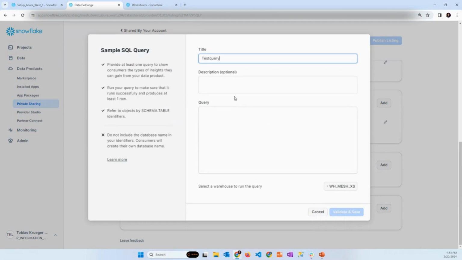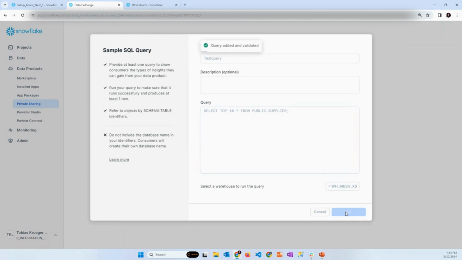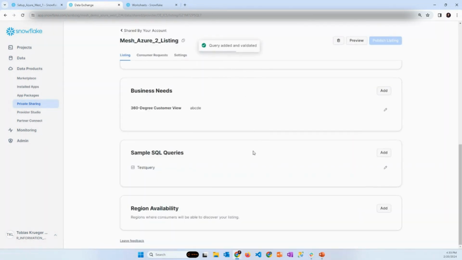We can put in the description here: select top 10 star from public.supplier. Then we can see if this validates with our warehouse, and it says, yes, that's a valid test query. Of course, you can put bigger test queries in here.